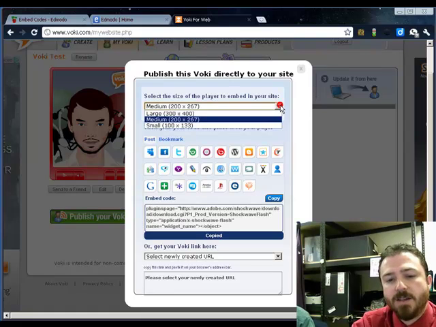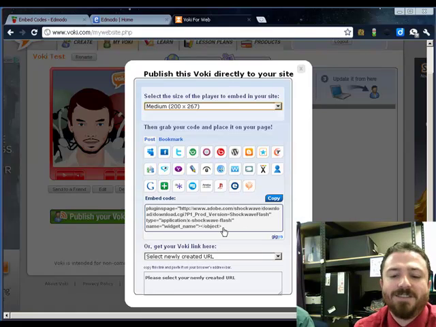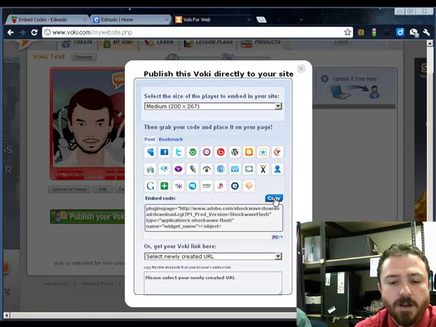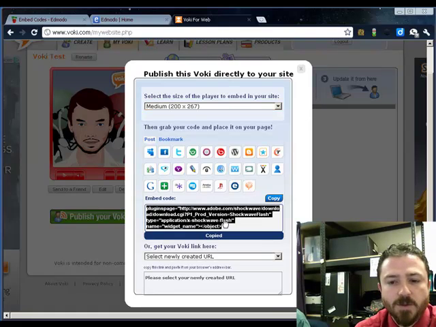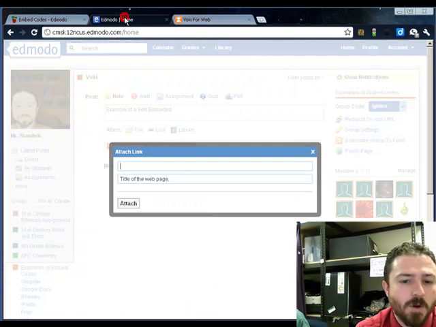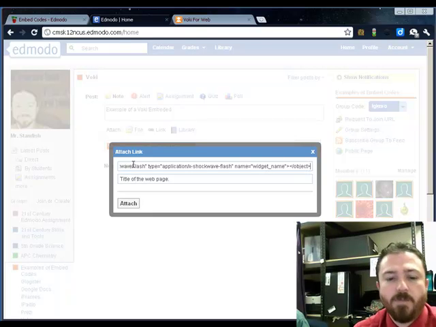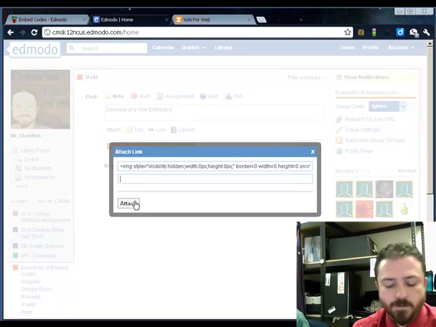Now I can also change the size of the Voki to large or small. It's by default medium, and that's decent for Edmodo. So we're going to copy that code, and I already said it copied. We'll do it one more time just to make sure. So it's copied in my clipboard. I can now go back to Edmodo, and instead of pasting a link, I paste the embed code. Put in a title,